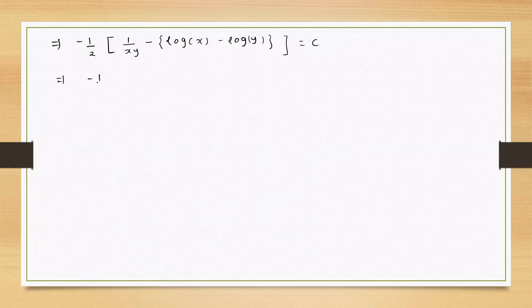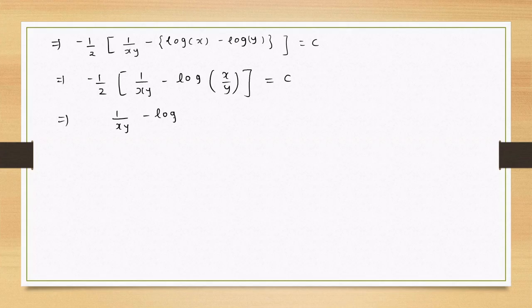So minus 1 by 2, 1 upon xy, we can write it as log of x by y is equal to c. Okay. So we can write this minus 1 by 2 to that side. So it is 1 upon xy minus log xy is equal to minus 2c, and we can write minus 2c as a new constant c dash. So 1 upon xy minus log x by y is equal to c dash